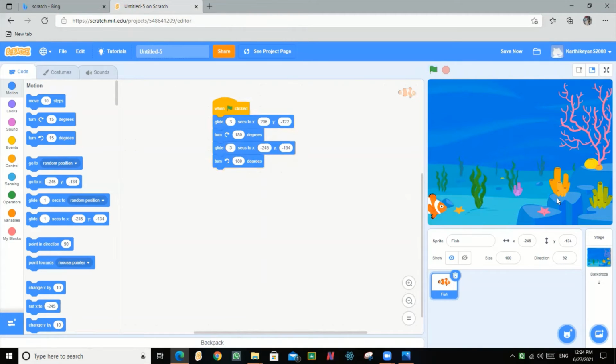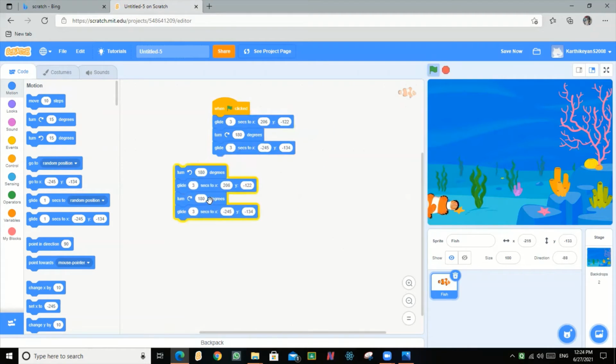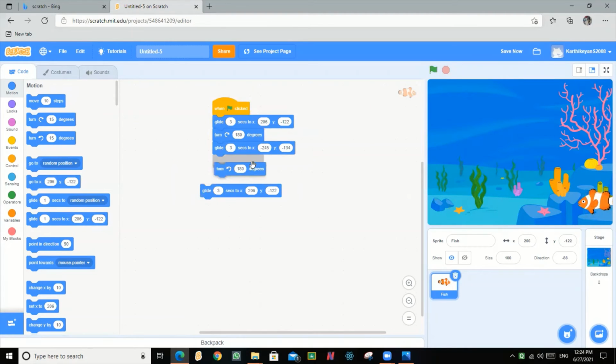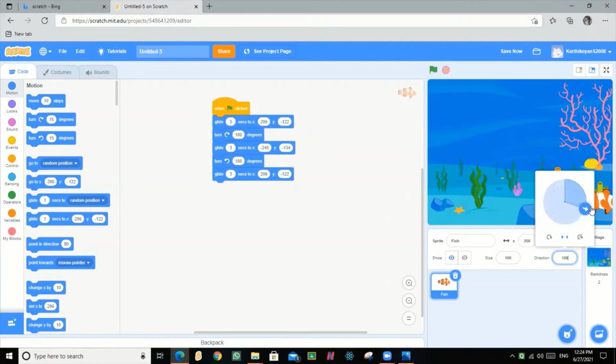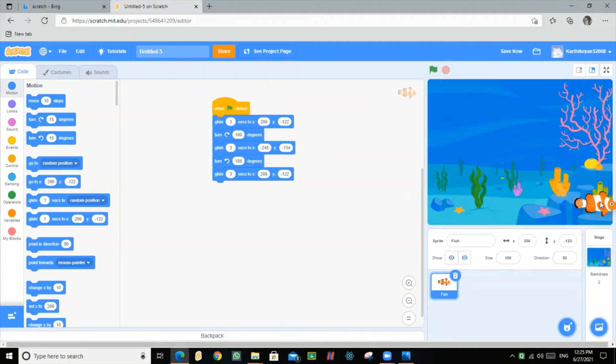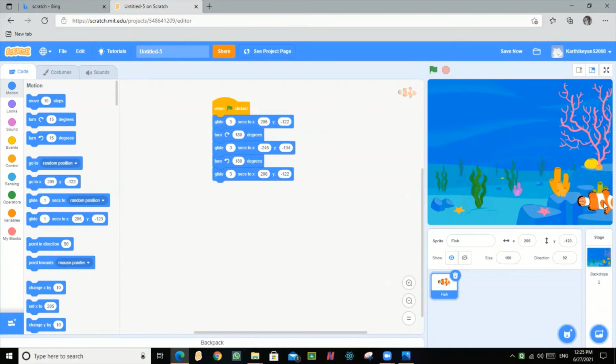Okay, it should go, and we can just duplicate it, and I don't want this. Okay, now I have duplicated it. So now let's test it. If somebody has the fish going here and coming as top and bottom, you can go to direction and click the left right option. So this is the left right option. You can click that and it will be straight, if anyone got that problem.